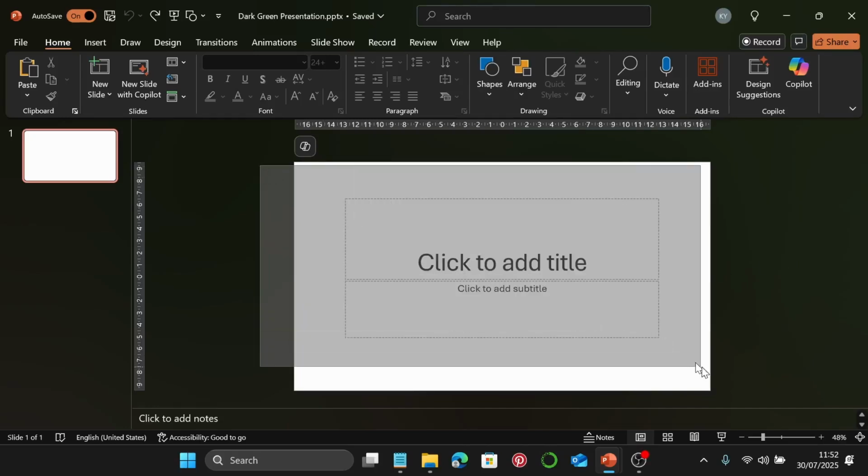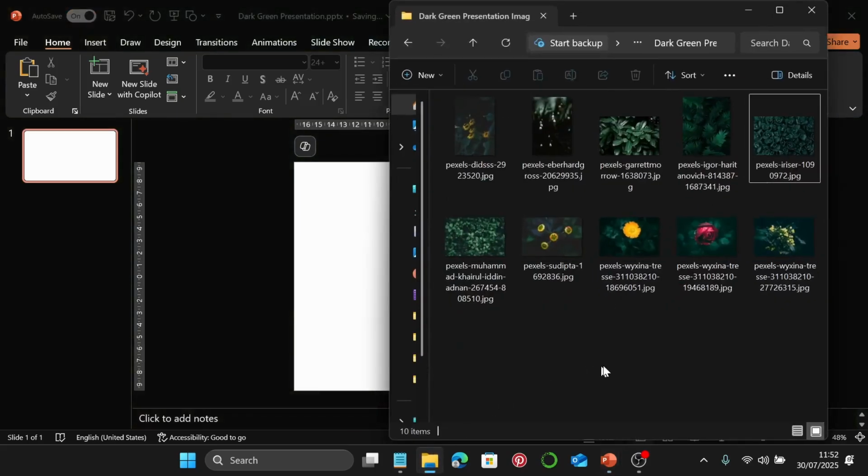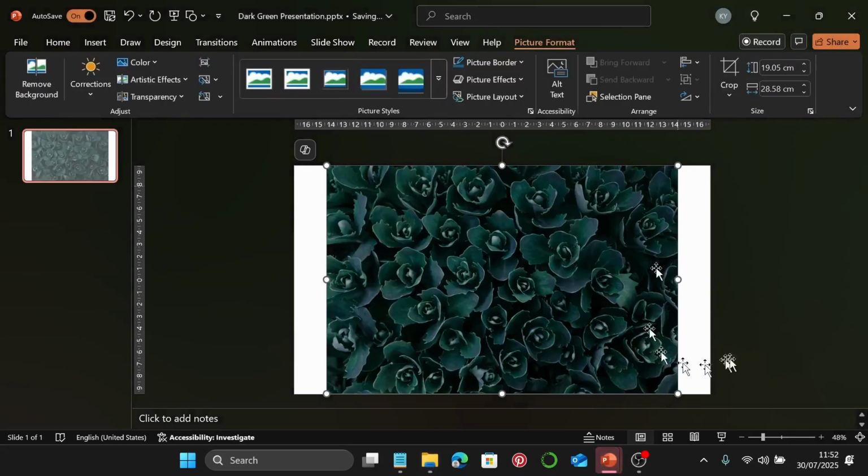I'm just going to select both of these fields and delete them. Next, let's insert our image. So I'm going to open my file explorer. You can go ahead and open the location of your images or just bring them in. The links to all these images will be in the description below. So I'm going to select this image and bring this one in, and this is what we